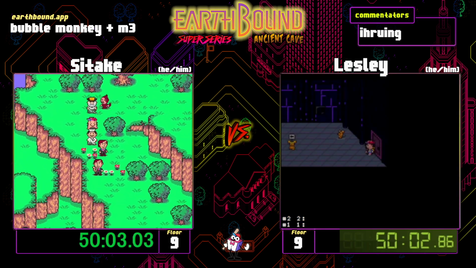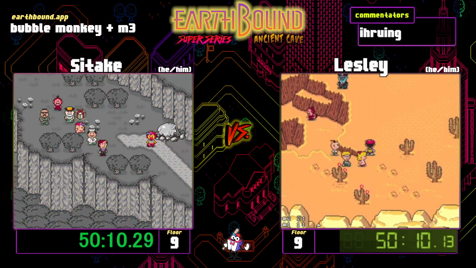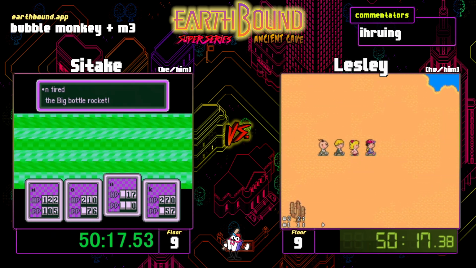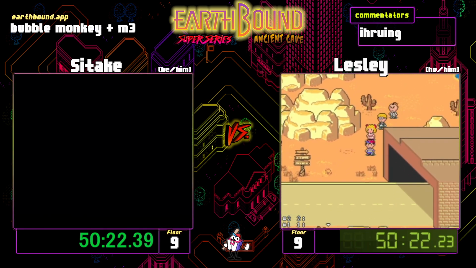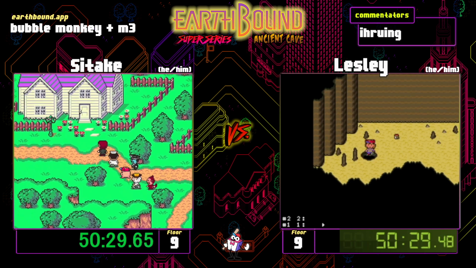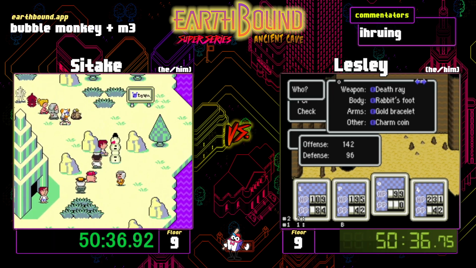So wait, Sitake is not on. What happened? Oh, wait, so his death warp must not have been on 9. He must have been... It must have been like a... Yeah, I gotcha. I didn't actually realize where his save was. You get floor 9. Yeah, exactly. That's what I was really calling you out, Slug. I was like, this is misinformation happening right now, and now it's no longer misinformation, so...